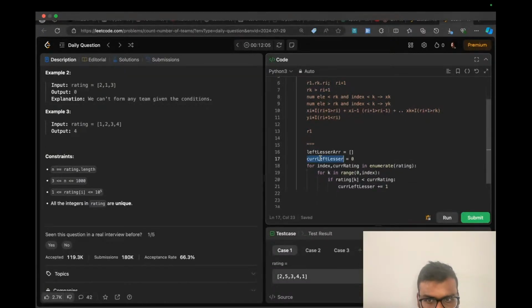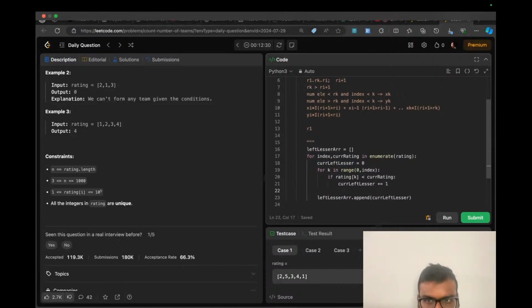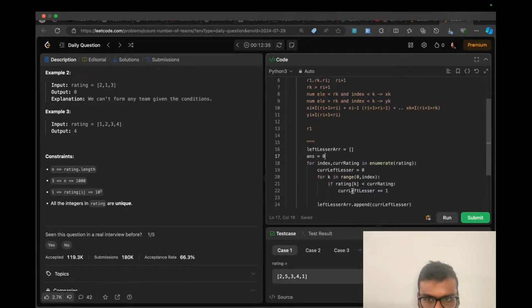From this, then now to find the answer, equal to 0. Answer plus equal to